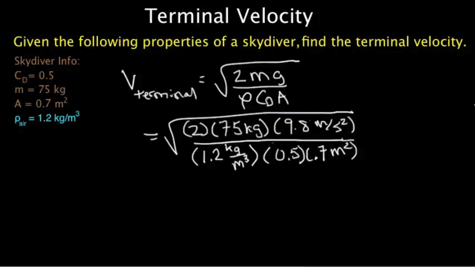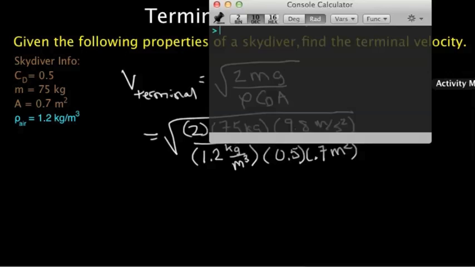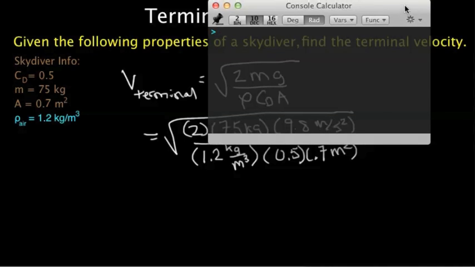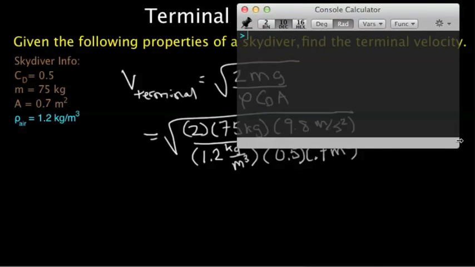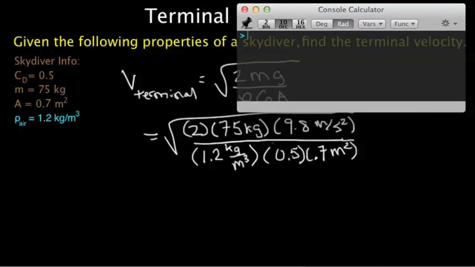So if I go ahead and calculate this, I'm going to type the square root of 2 times 75 times 9.8 divided by 1.2 times 0.5 times 0.7. And I find that I get 59.16